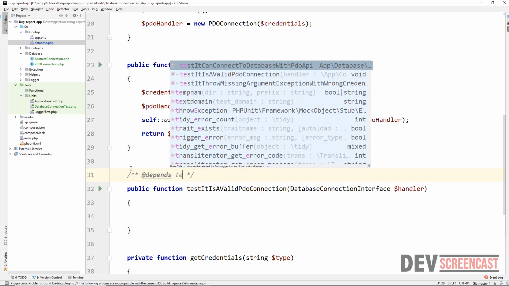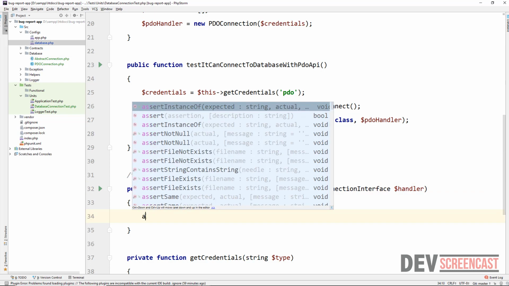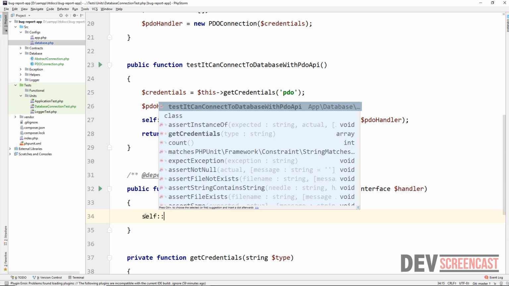That will be test it can connect to database with PDO. So when that happens, it means that it is expecting a value from this test, which is going to be the PDO connection, which actually implements the connection interface. And then here we can say assert, let's say save assert